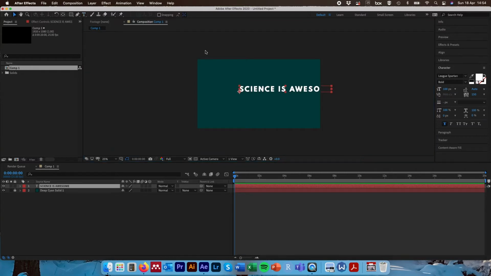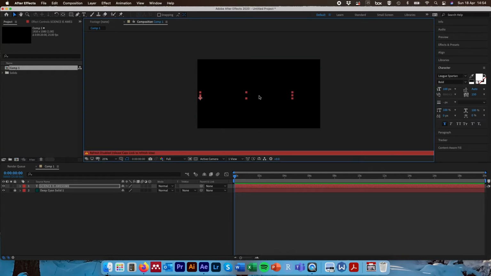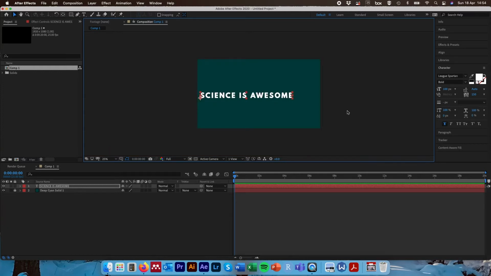So I'm just going to click the selection tool from the tool pane and I can reposition this. Sometimes this happens, and if this happens at the screen you see, it's because you've left caps lock on. So just turn caps lock off and it should reset. Okay, great. So we can reposition our text anywhere on the screen manually with the selection tool and just dragging